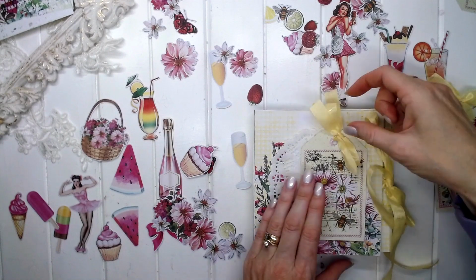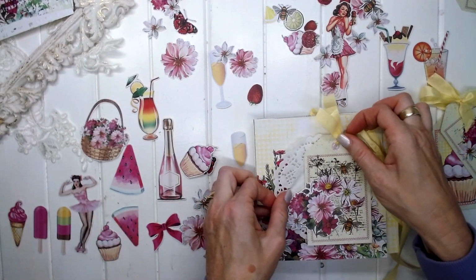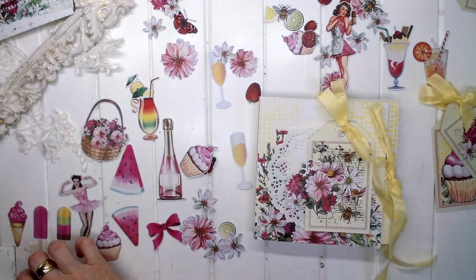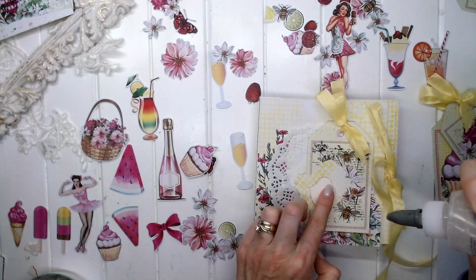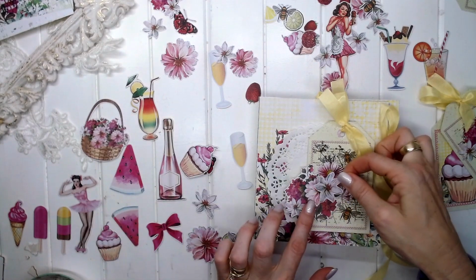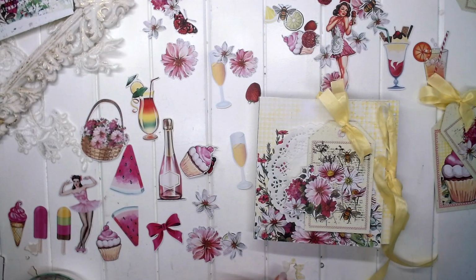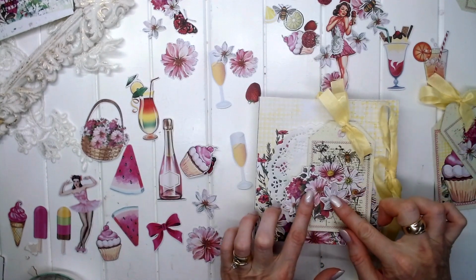And then I'm going to glue that onto the front of my card folio. I've taken a little floral cluster from my fussy cutting sheet. You can see all my fussy cutting elements out on my table. I have previously cut all of the elements from the gingham fussy cut elements paper. And now I'm just playing around with the design of how I will decorate the front cover, adding a little